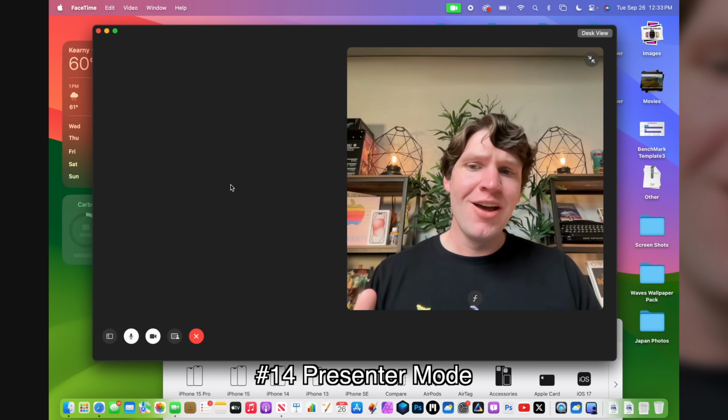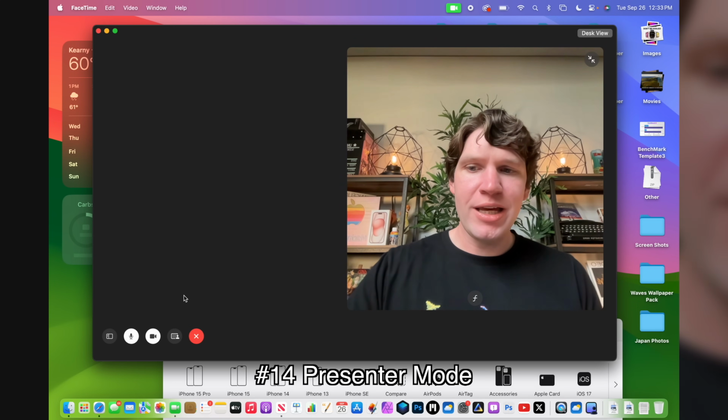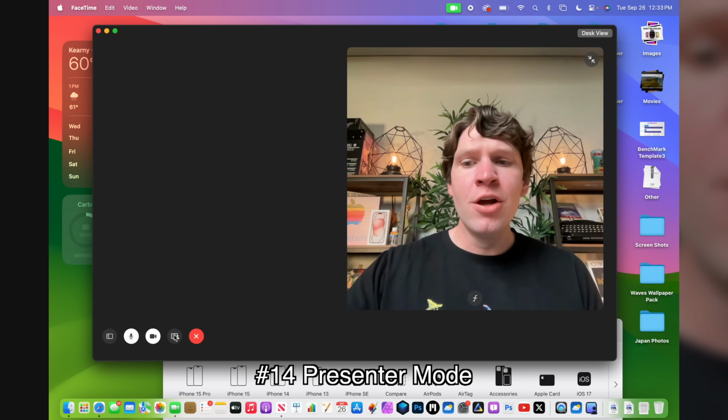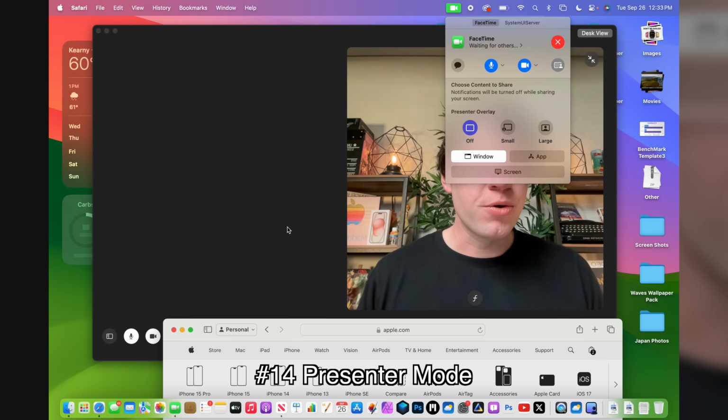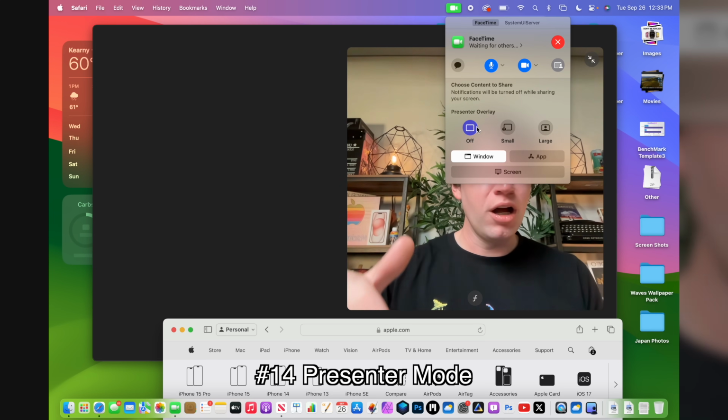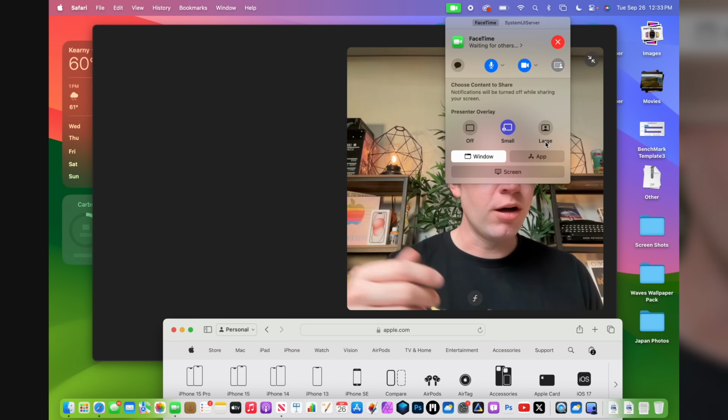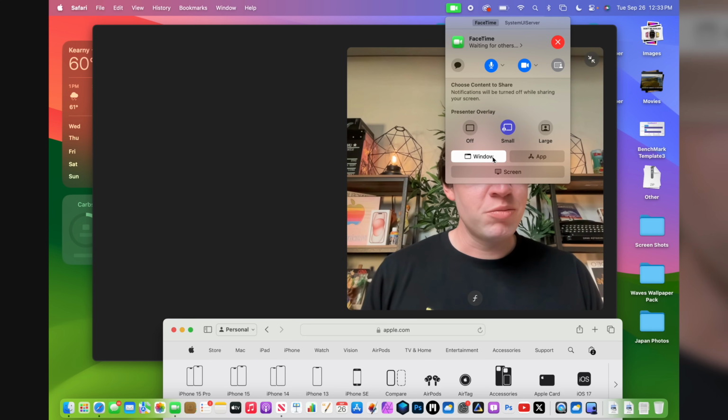That's really cool. But the thing that's exclusive to the Mac, which I think is even cooler, is this new presenter mode. So to do this, you're gonna see this new icon in the bottom left over here. All you have to do is click on that, and that is going to bring up this new presenter mode. And you can see, you can turn it off, you can share a small window or a large window. So we're gonna select a window to share,